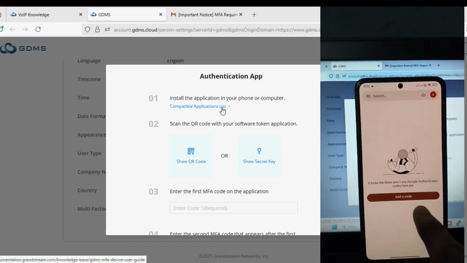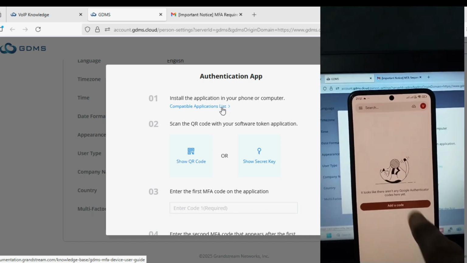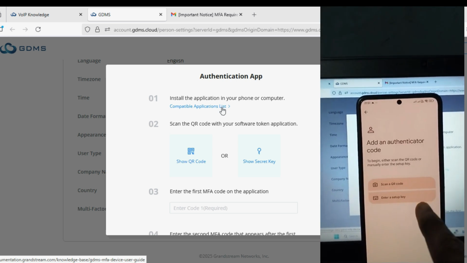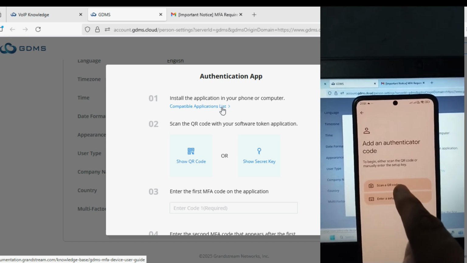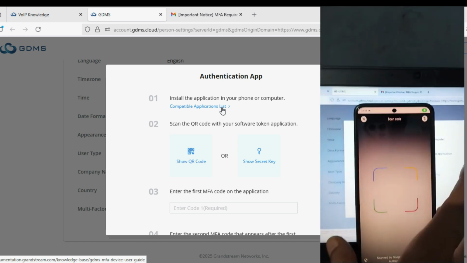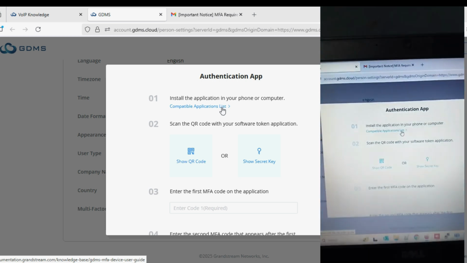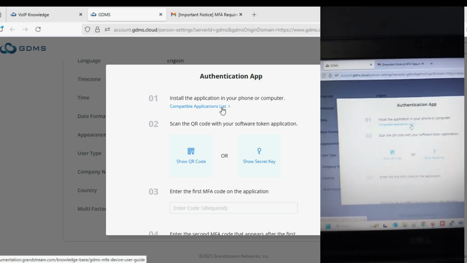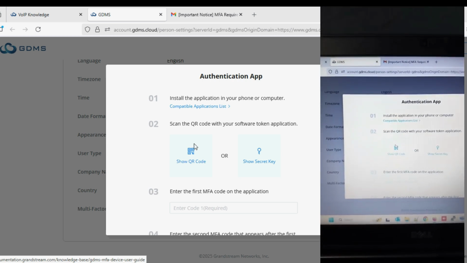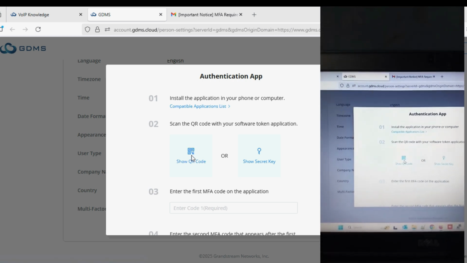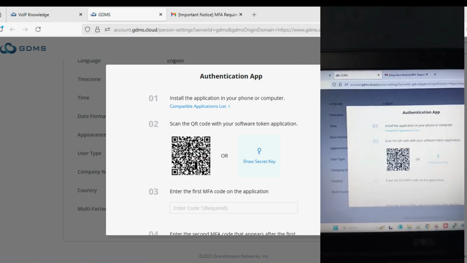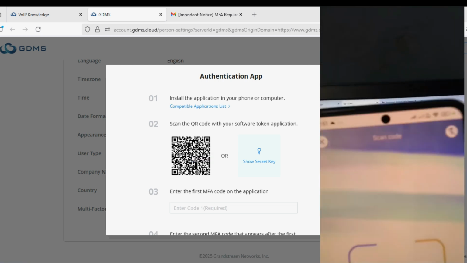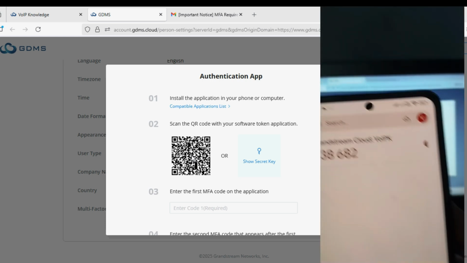Now click on add a code and choose scan a QR code. Now you can see the second step is to show the QR code. Click on that, and in your mobile phone